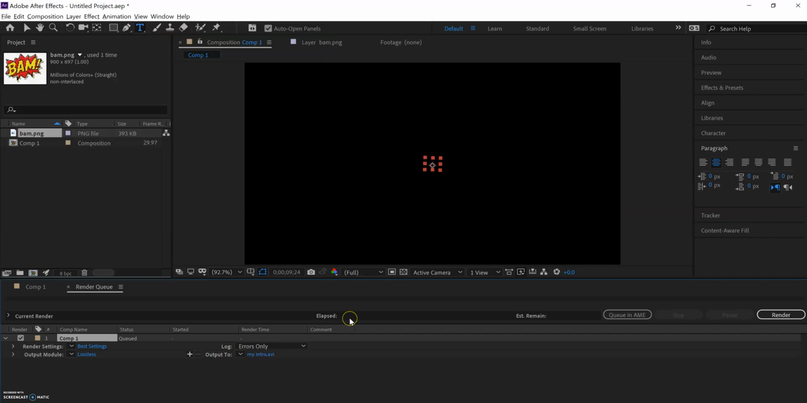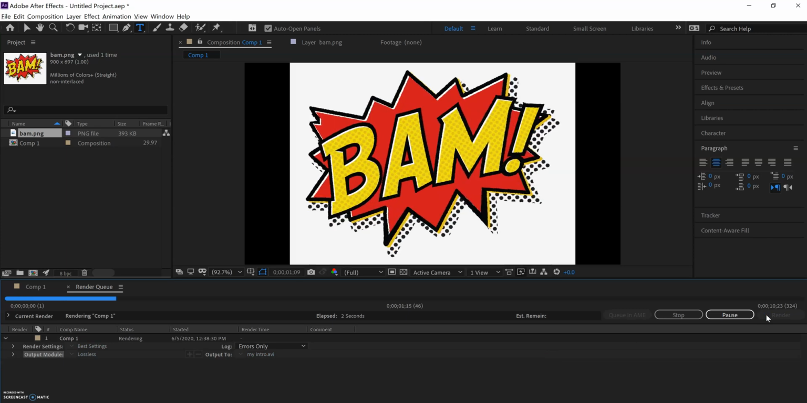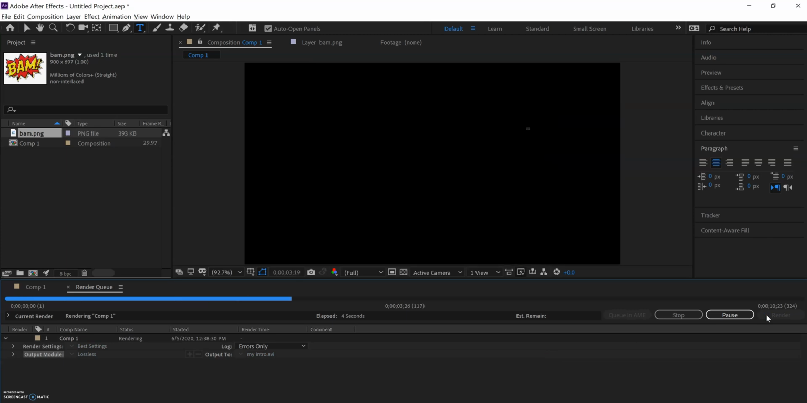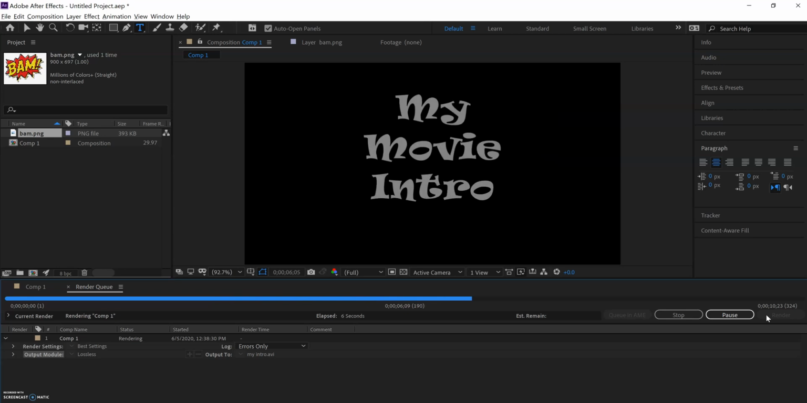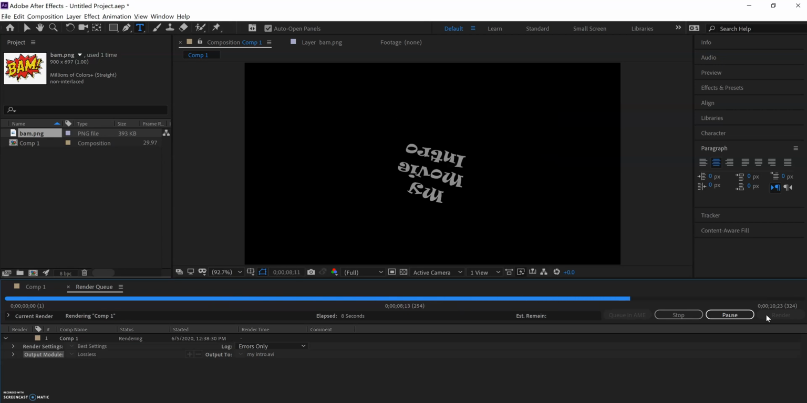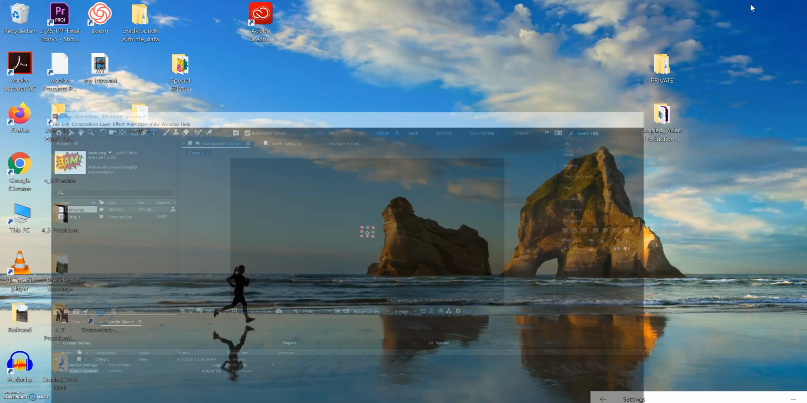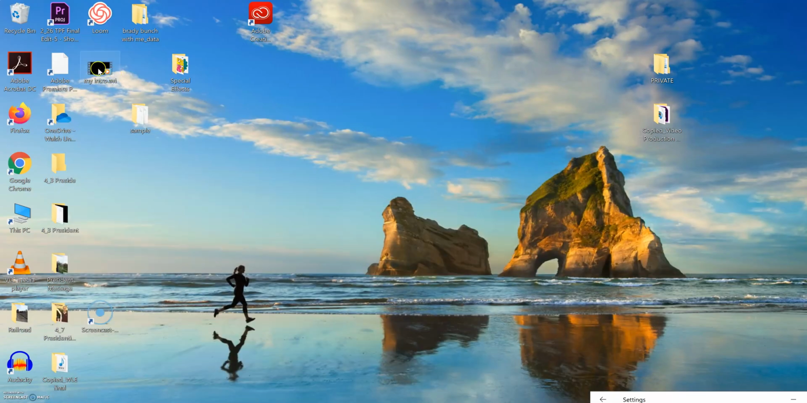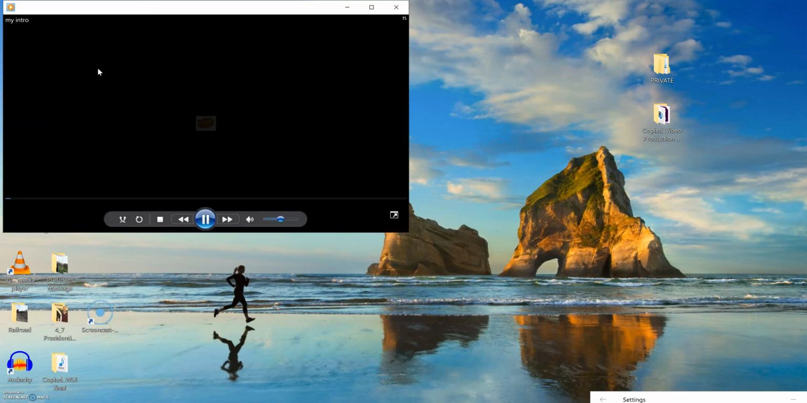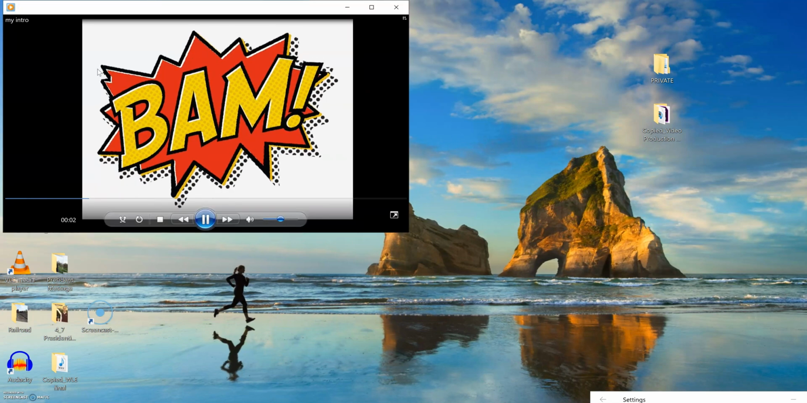I'll hit OK. Notice it was an AVI file, which it says down here. And AVI is compatible with multiple systems and the internet as well. Then I just simply hit render. It will render this out. You can see it's pretty quick, depending on your computer. And once it's rendered, we should be able to see it on our desktop here. So if we double click that, there's our movie